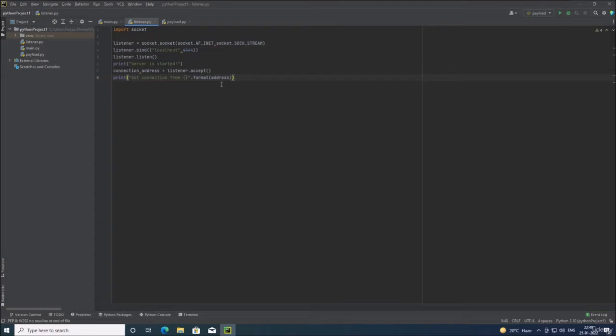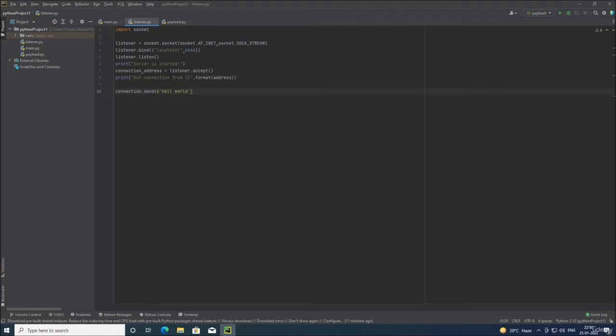Right. So let's say I want to send hello world to the payload.py. So what I can do is I can just type connection.send, and here I'm going to specify the data that I want to transfer. Please note that the connection.send method will always require data in byte format. So if we are trying to send some string to the payload, we have to convert it into bytes. So we can do that by just typing b, single quotes, and here hello world. Perfect. So now this connection.send method will send that hello world in byte format to the payload.py,